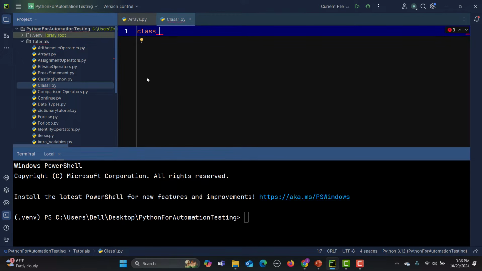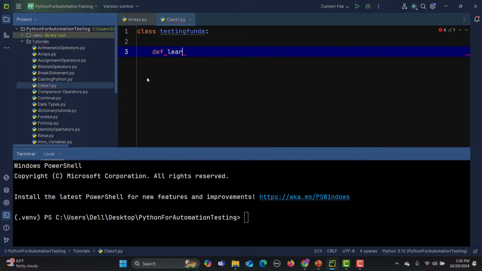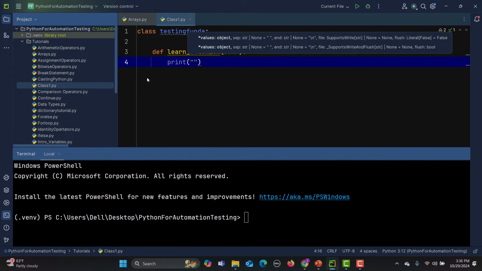It's basically a blueprint, and I'll say TestingFunda. This is the name of the class. So the class keyword is followed by the name of the class, and here I will create the different functions. I will say learn_selenium, and don't worry about the self keyword. We will learn about this self keyword in later tutorials. Right now we're just creating a simple function over here, and here I say